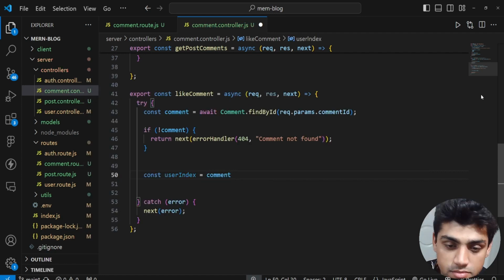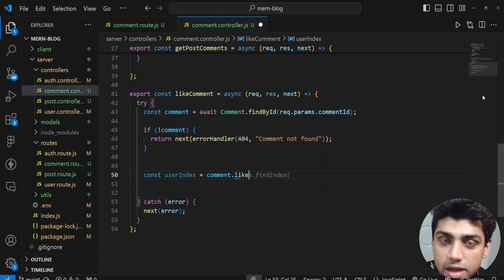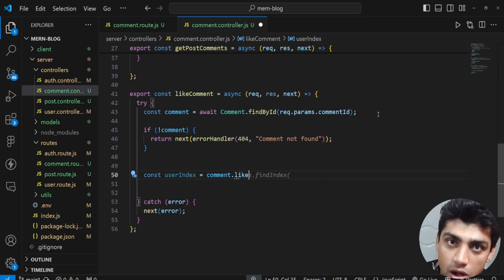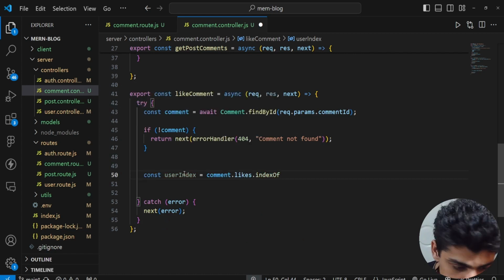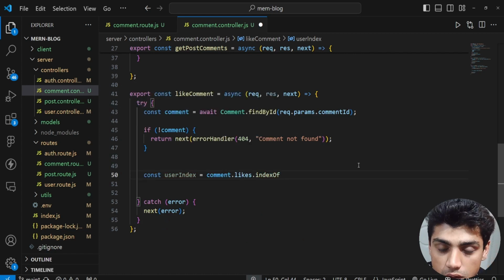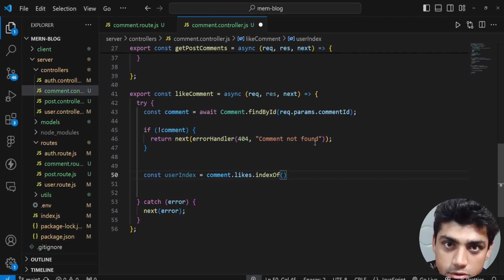Okay, and this is basically the comment. Now remember there is a model. The comment has particular fields. So comment had the likes. This was an array of the users that liked the comment. So that's findIndex. We basically have to find the user's index, so if the person liked the comment already or not. So we could say